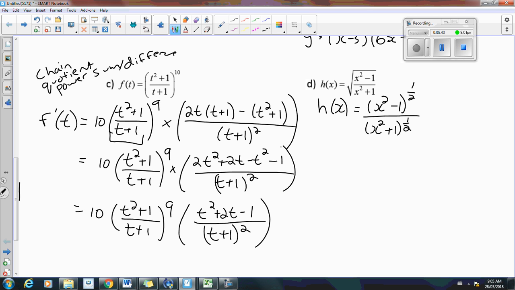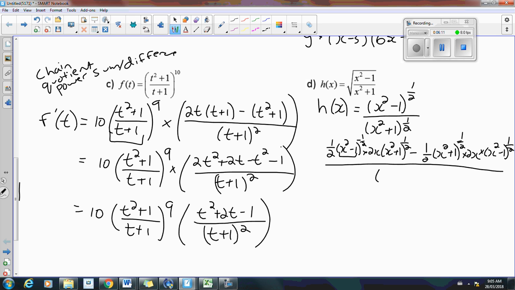So f prime is the derivative of the top, which is 1/2 (x squared minus 1) to the negative 1/2 times the derivative of what's inside, multiplied by g, subtract g prime times f, all over